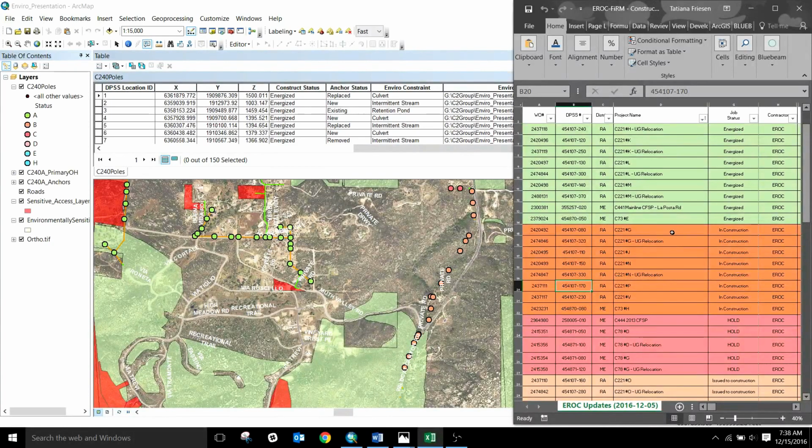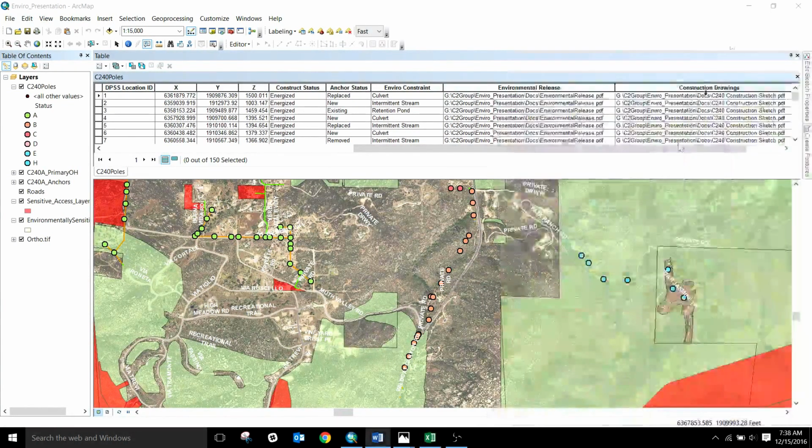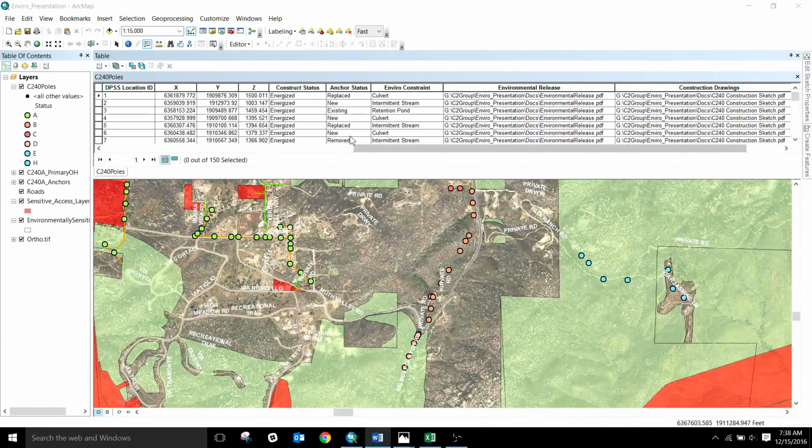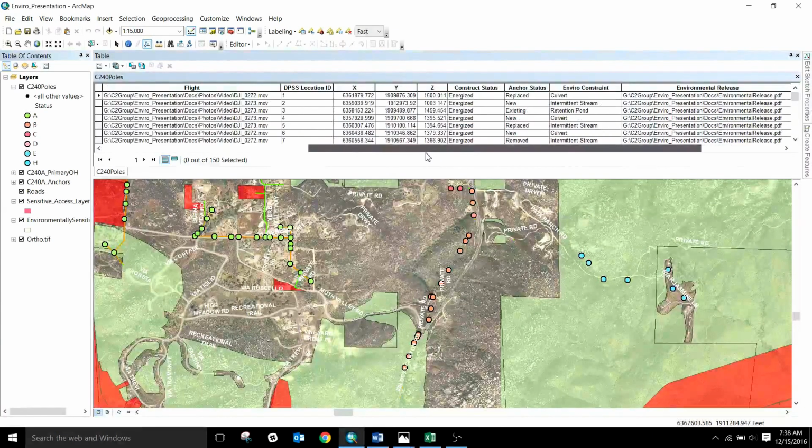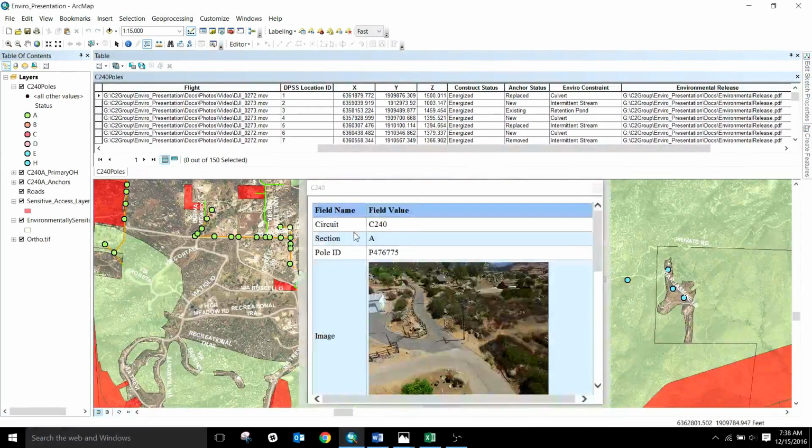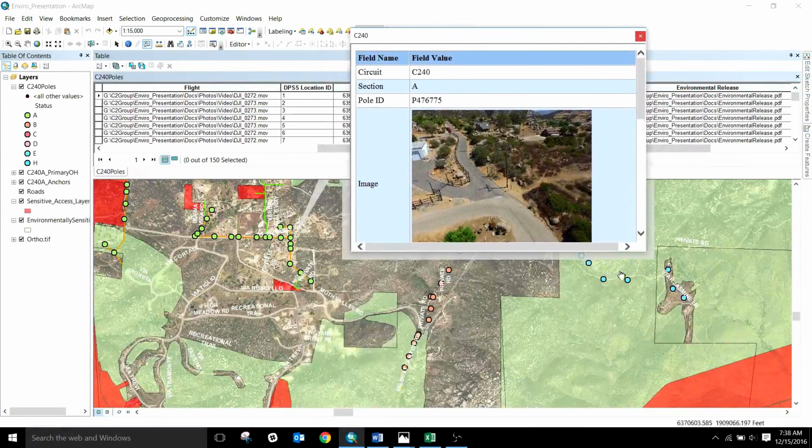These distinguishing factors are also included in the attribute table for each pole. So when you click on the pole, you will see that information. Although the information for each pole is listed within the attributes table as shown here, we created a customized view that allows you to visually see not only the information per pole, but the high definition photo and video from the UAV. So if I go ahead and click on one of these poles, it brings this window up